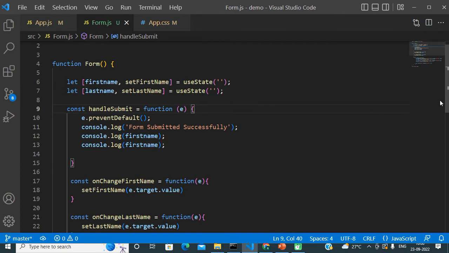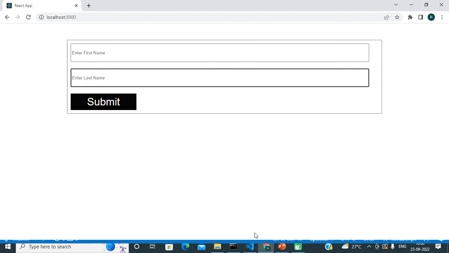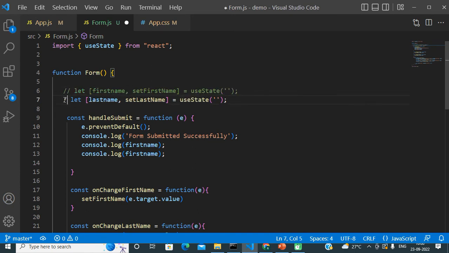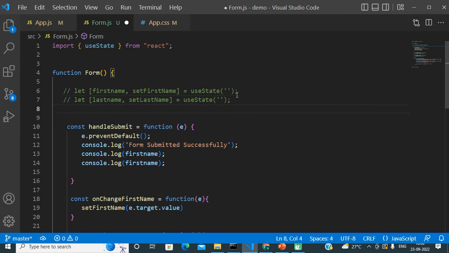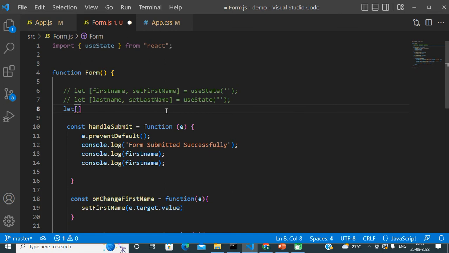You remember in that case, to handle two input field elements, we had created two different component states. Now we are going to optimize this component, and we will use just one useState hook, and we will pass the initial value as an object, rather than two empty strings to two different useState hooks. So let's say I am changing it.